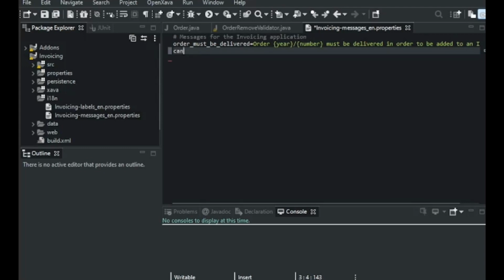So I have to add cannot delete order with invoice is equal to an order with an invoice cannot be delivered.